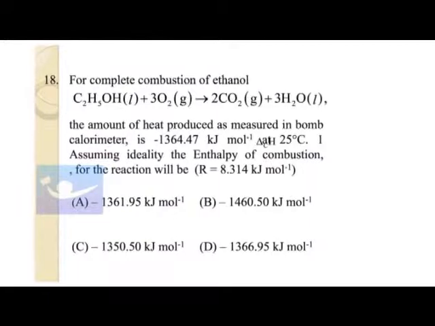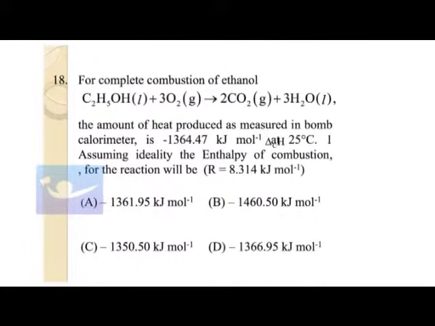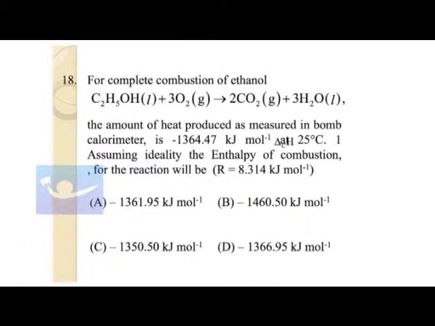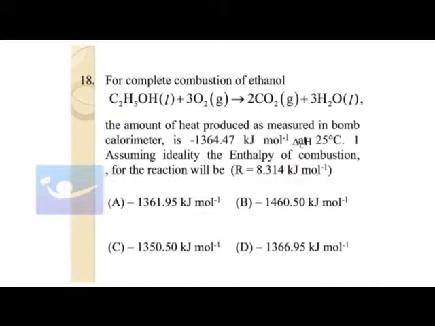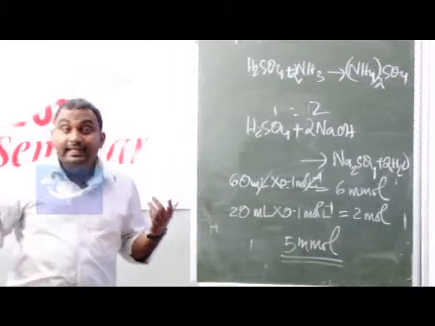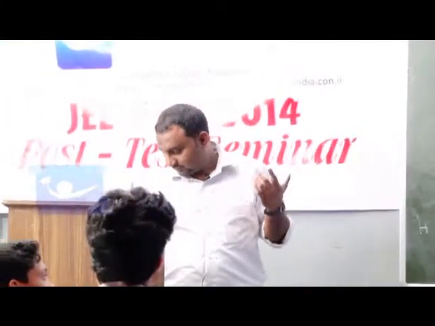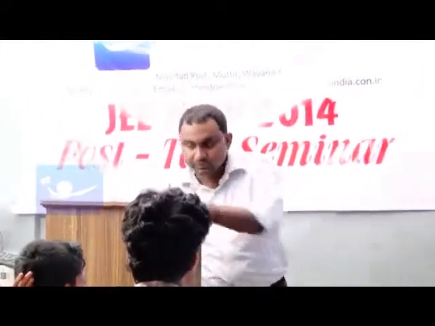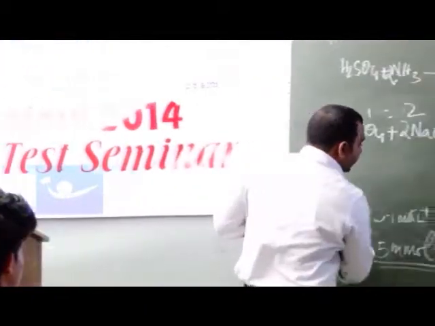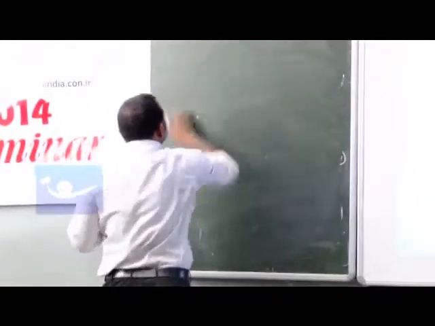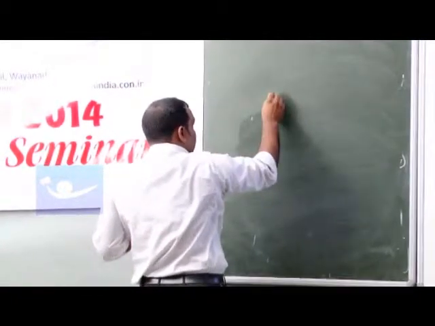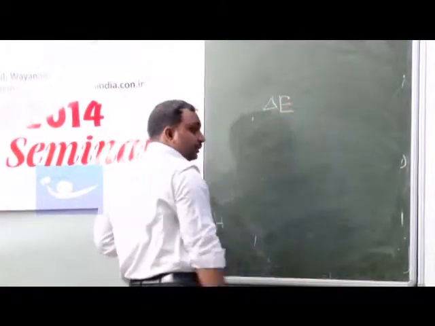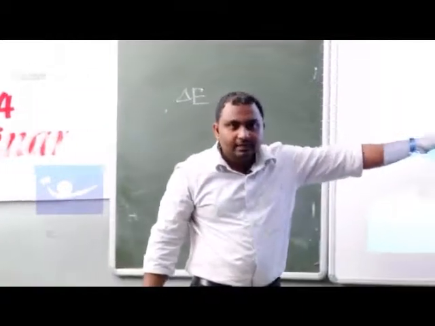And what is this? What do you measure by using a bomb calorimeter? You can measure only internal energy. So by using a bomb calorimeter, you can measure the internal energy. So delta E, and you have to find out what? Enthalpy of